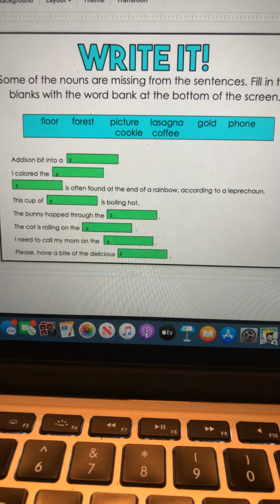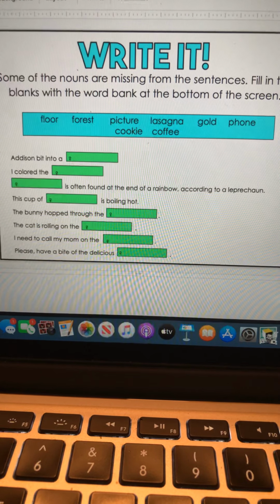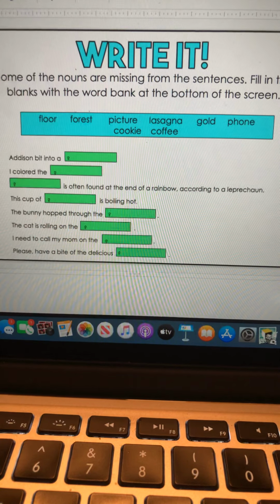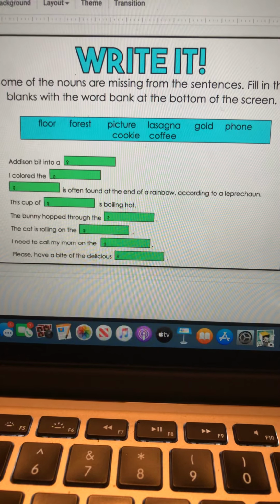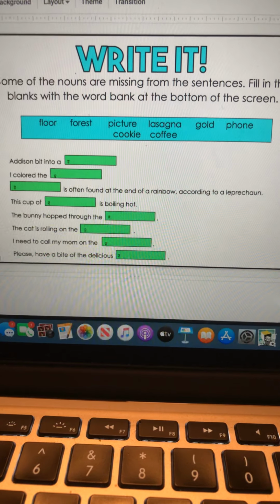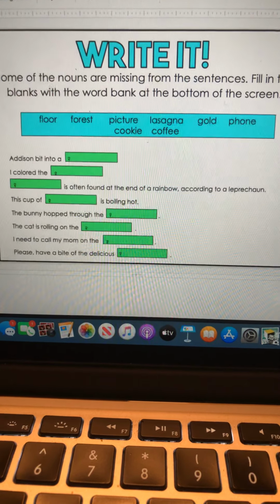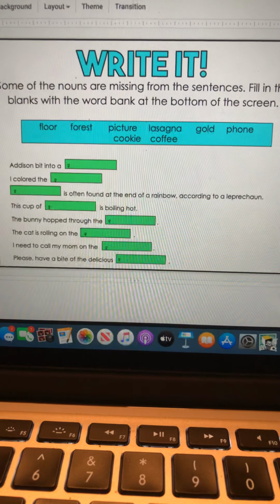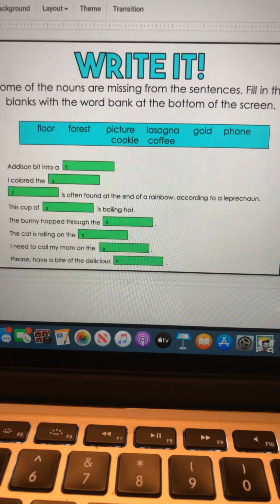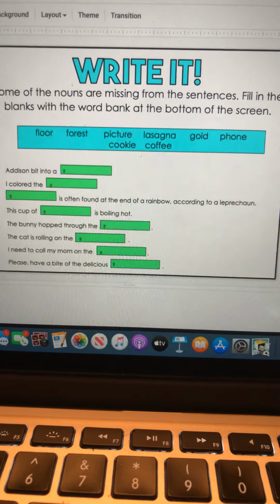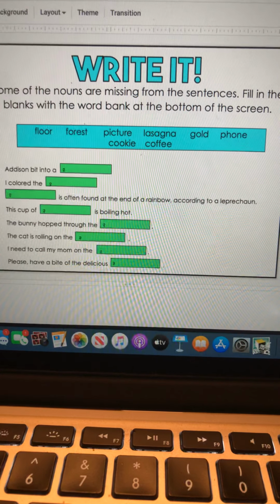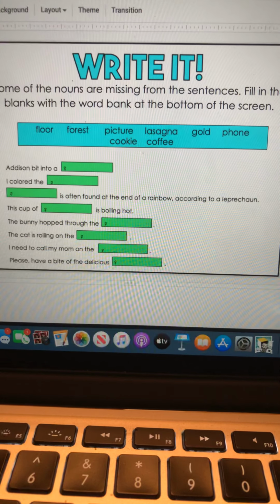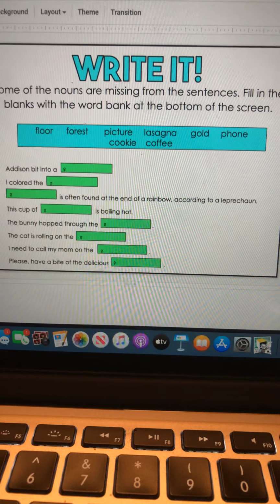All right, so the first sentence says, Addison bit into a blank. Which one of those nouns best fits into that sentence? The next sentence says, I colored the blank. Next, blank is often found at the end of a rainbow, according to a leprechaun. Next question. This cup of blank is boiling hot.